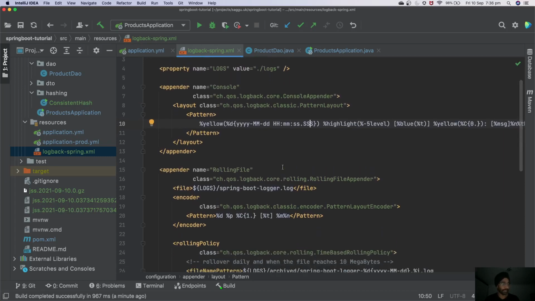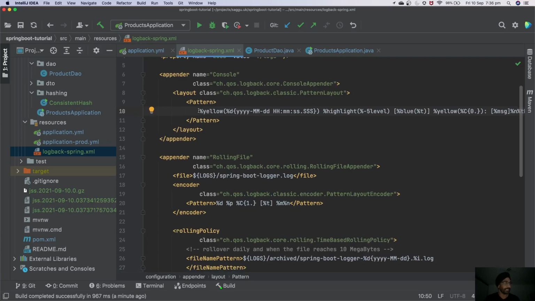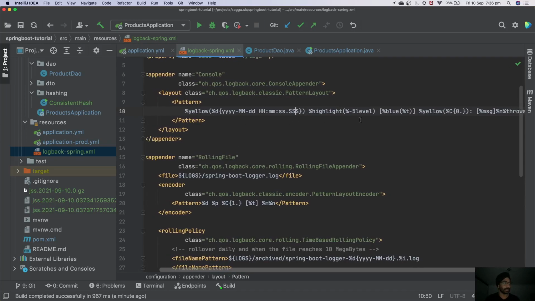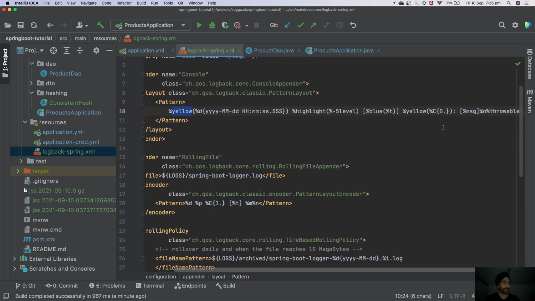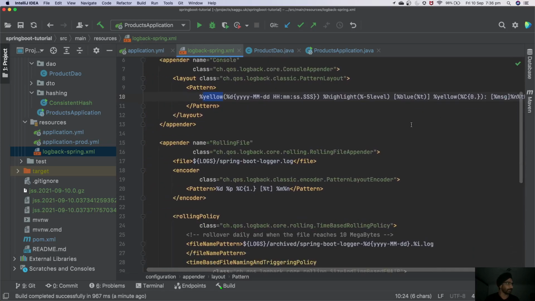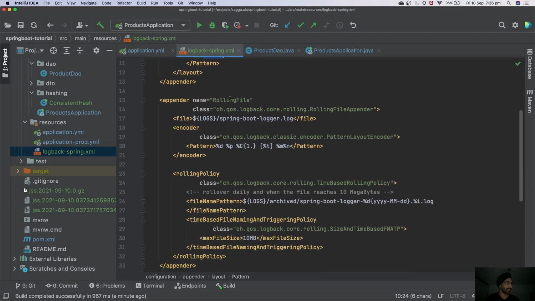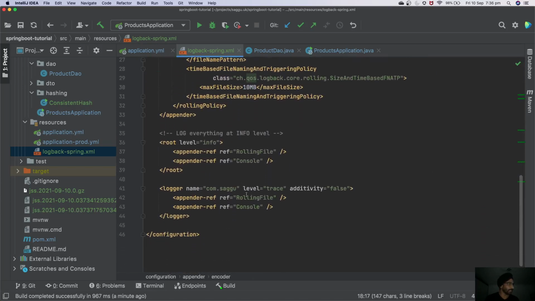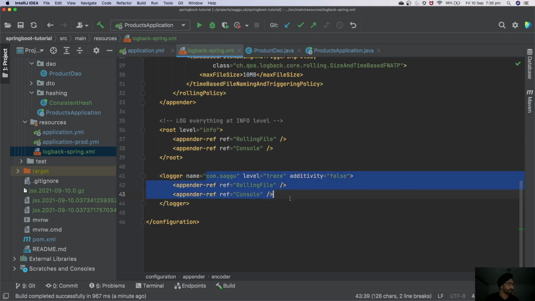One thing, if you like, you can change the pattern, how you are printing the message. You can change various colors. I tried to play with yellow, somewhere I put probably red or blue, etc. You can specify your log files. You can specify how you would like to control things for your package, etc. So if you don't want to control things in application.yaml, you can control them using the logback-spring XML file as well. If I restart my application now,